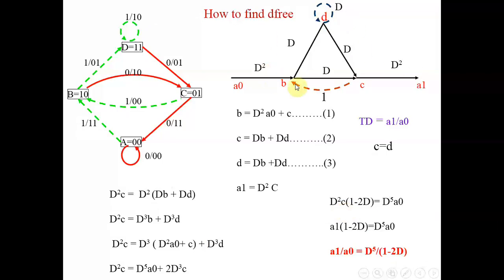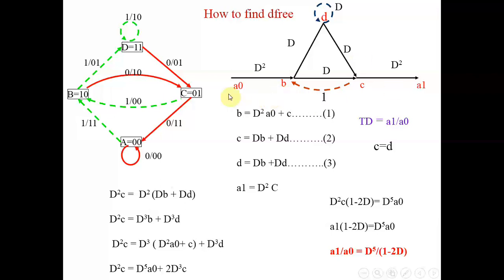So this is the transfer function diagram. Let's first understand this diagram. This is A0 and this is A1. Actually this is state A only and this is state A only, but I am moving away from A and I am coming back to A. So just to avoid confusion, I am splitting A into two different symbols, A0 and A1. Otherwise this is the same state A, right?